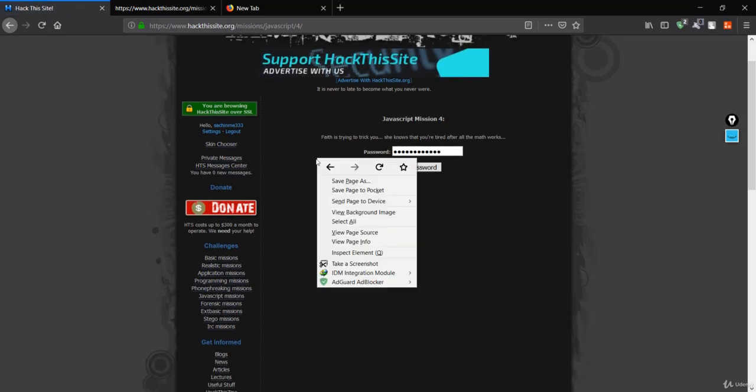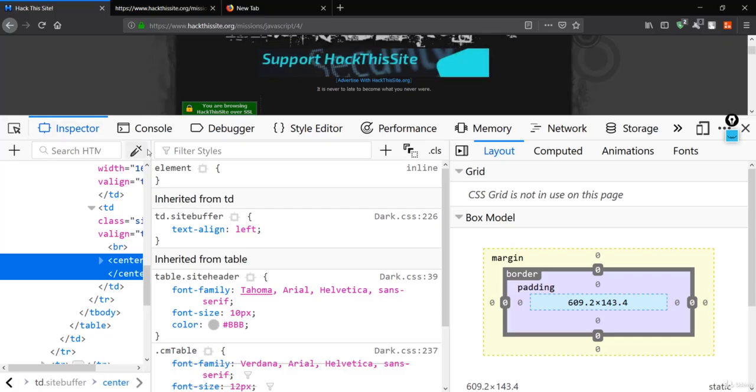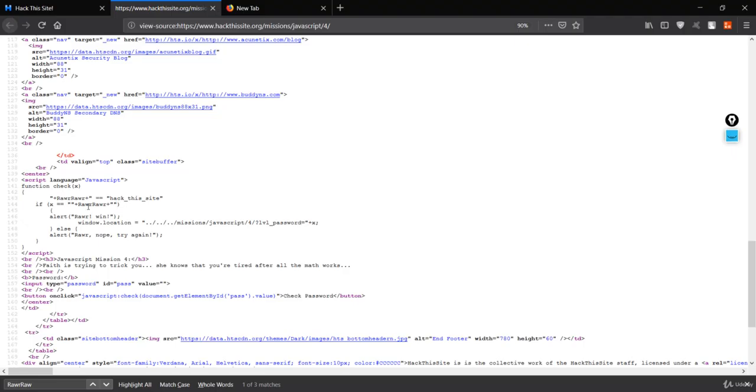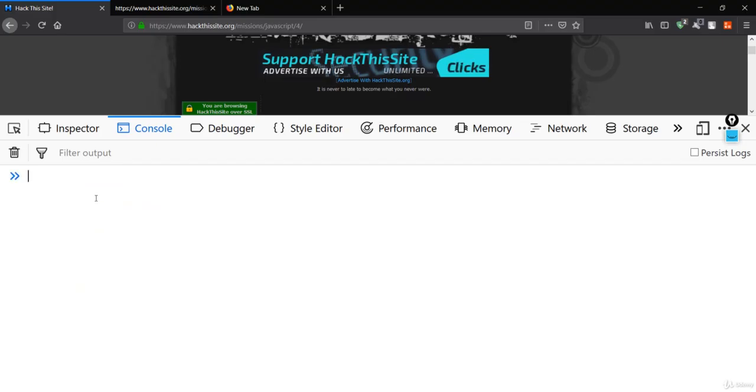All I have to do is inspect the element in this same hack this site. I'll go to the console, and if you remember here, all you have to get is the content of RAWR. Let me copy this because this is the variable and paste it down here.